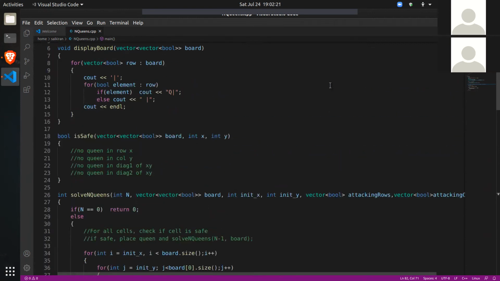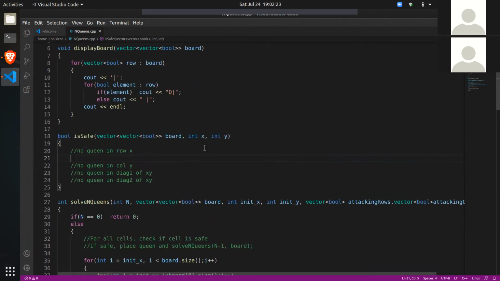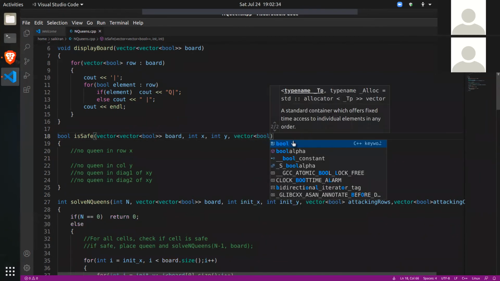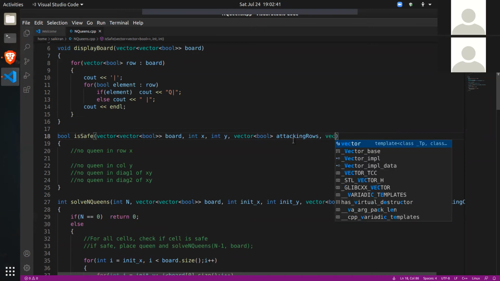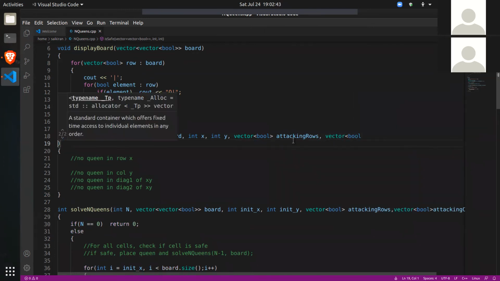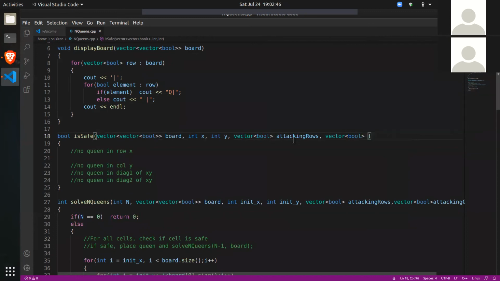So now, how do I check if a row is attacked? This is safe function should also get the attacking rows and attacking columns vectors. Okay, how do I check if the row is attacked or not?